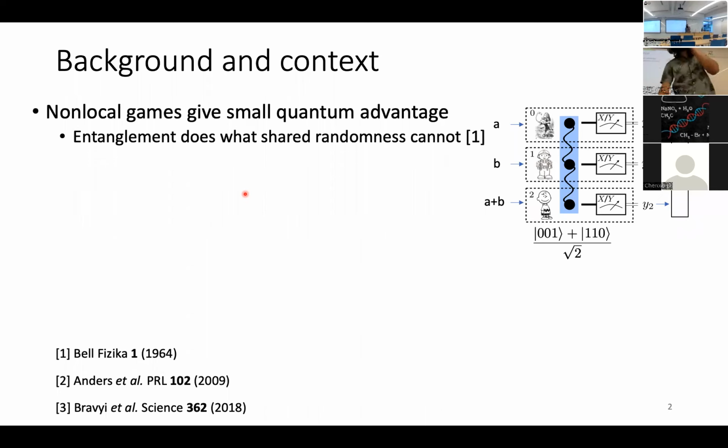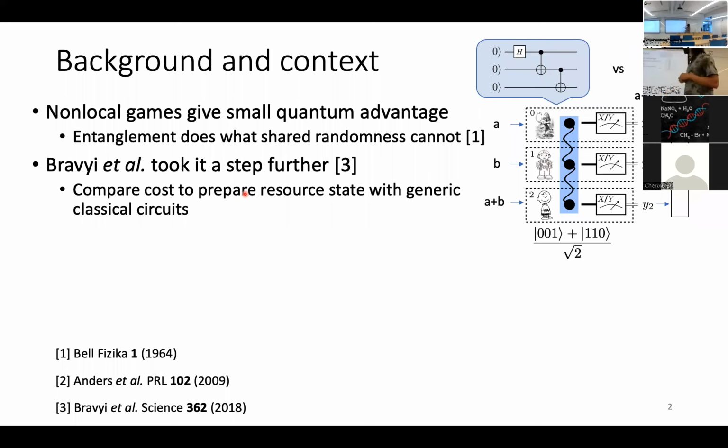More recently, the group at IBM, namely Bravyi, Gosset, and König, asked whether such a separation could still be shown if we instead consider the complexity in terms of circuit depth to prepare said multipartite entangled state, and ask whether the depth of that circuit is any shallower than the shallowest depth classical circuit that